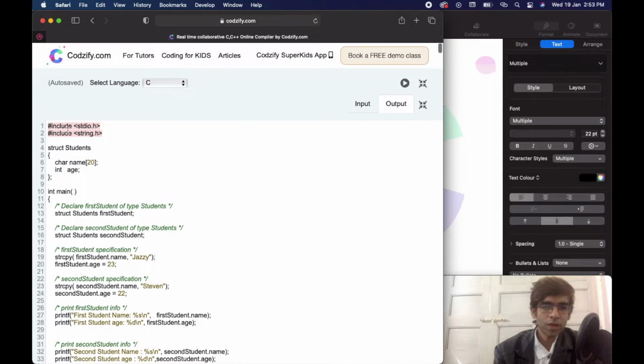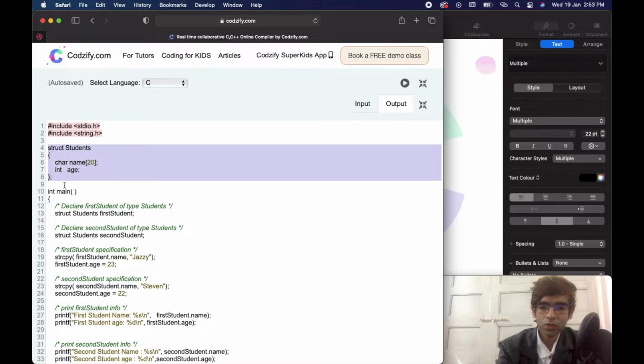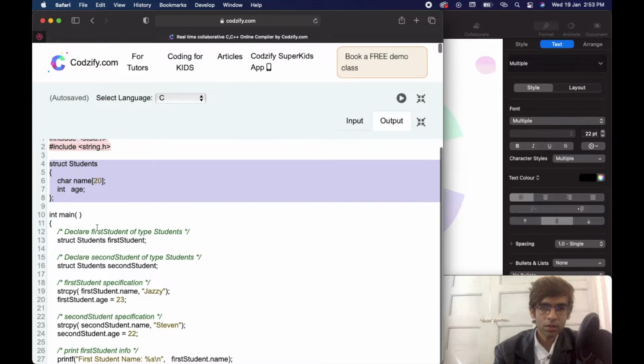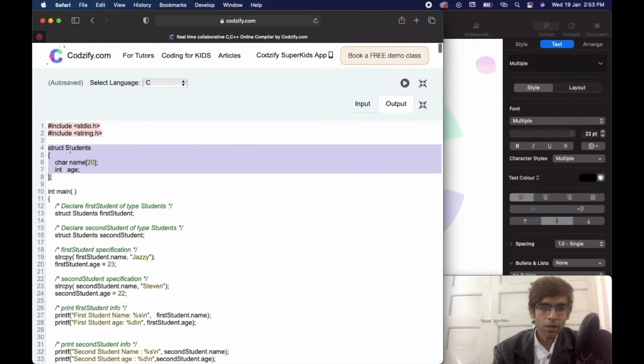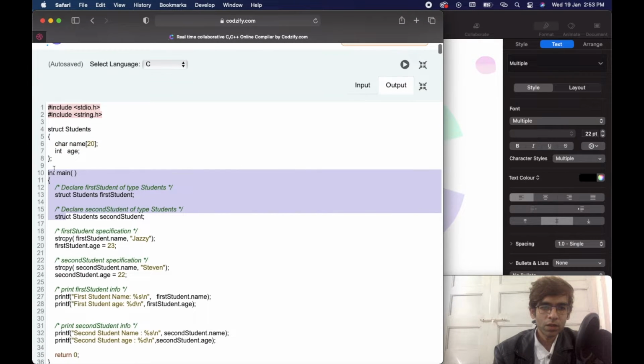Let's take one example of a structure here. Here I have created the struct students. I will zoom in here so that you can see. This structure consists of a character array variable name, integer age, and the entry point is the main function.